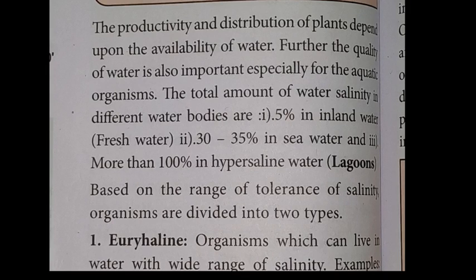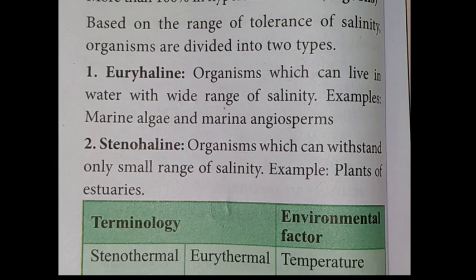Based on the range of tolerance of salinity, organisms are divided into two types: euryhaline and stenohaline. Euryhaline organisms can live in water with a wide range of salinity, that is, high salt water. Examples are marine algae and marine angiosperms. Stenohaline